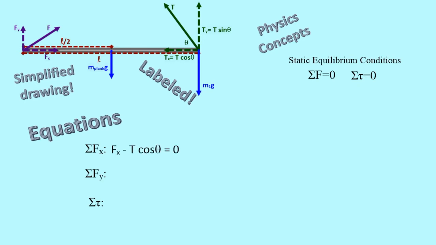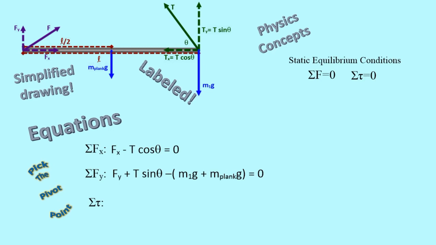The x forces are fairly simple. The wall has to push in as much as the cable is pulling in order to give you a net force of 0 in the x direction. In the y direction, the upward force of the wall and the upward force of the tension have to equal the weights pulling down. Now, as far as the torque is concerned, we first have to start by asking where's our